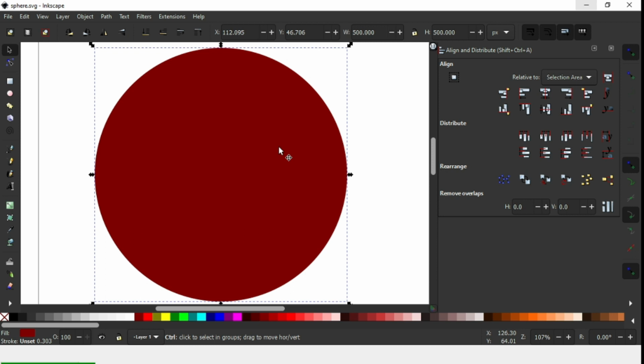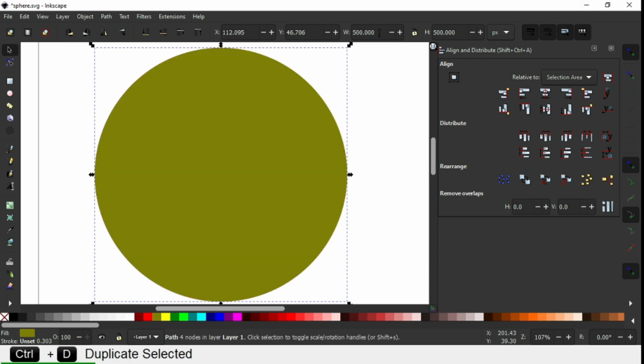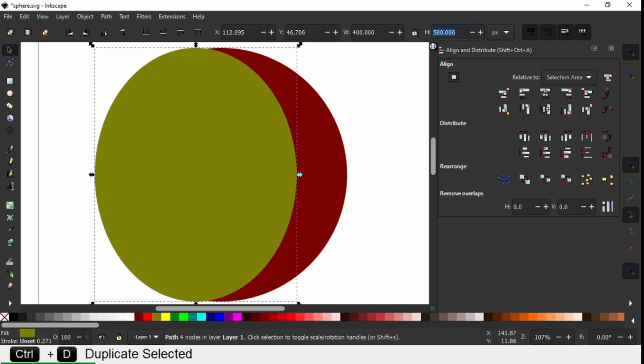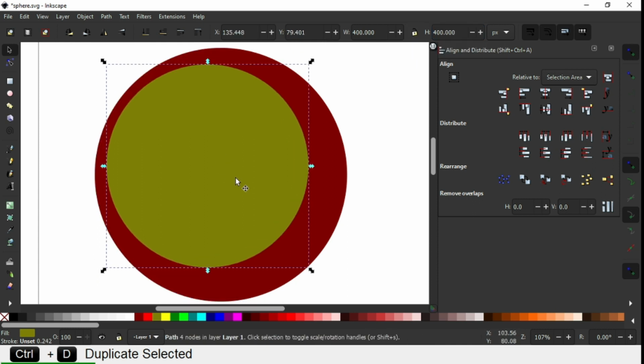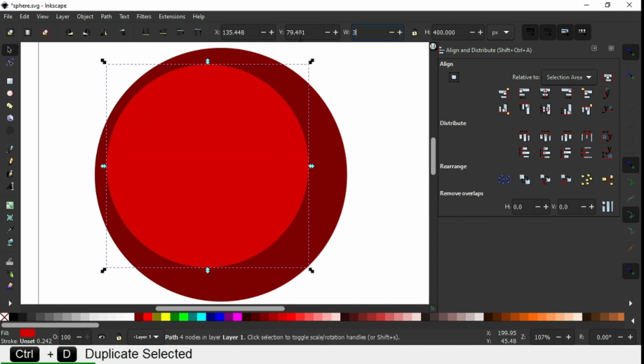Now duplicate it. Press Ctrl+D for duplicate. Change the color. Now again adjust the size, 400 by 400. Again duplicate it, change the color, and adjust the size.